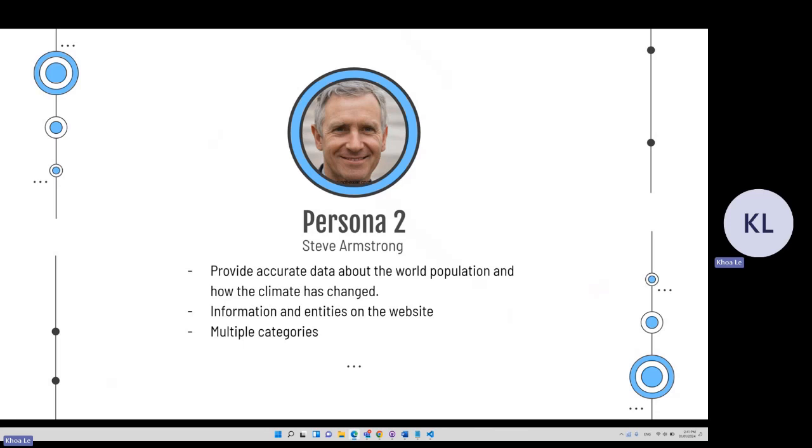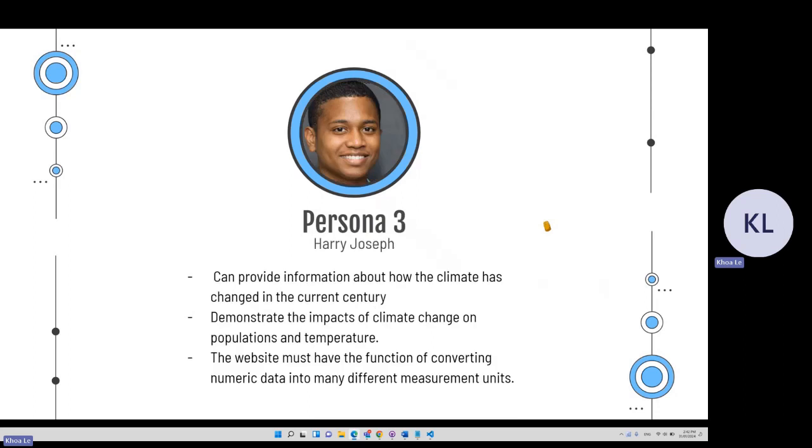The web application not only displays accurate data but also showcases temperature changes when users select the world option and input the start and end years before clicking the Explore button on the homepage. Users can easily jump between pages by clicking on buttons on the navigation bar, like in the previous section. And now for persona 3,